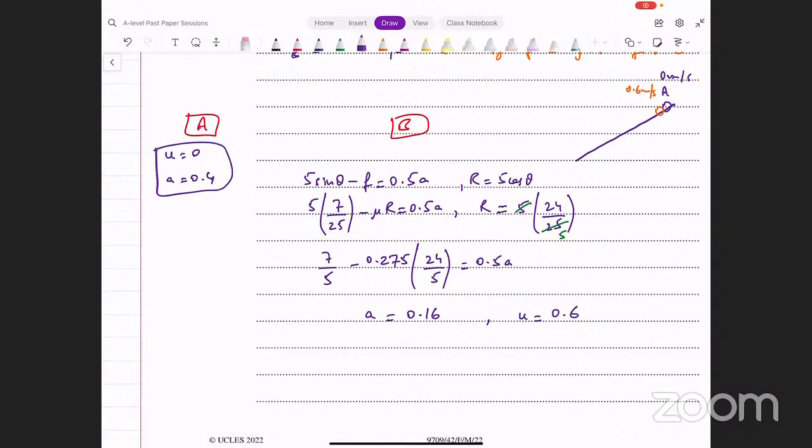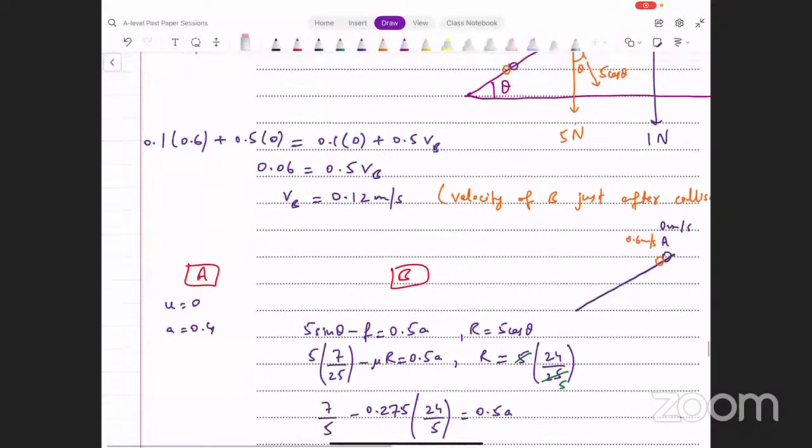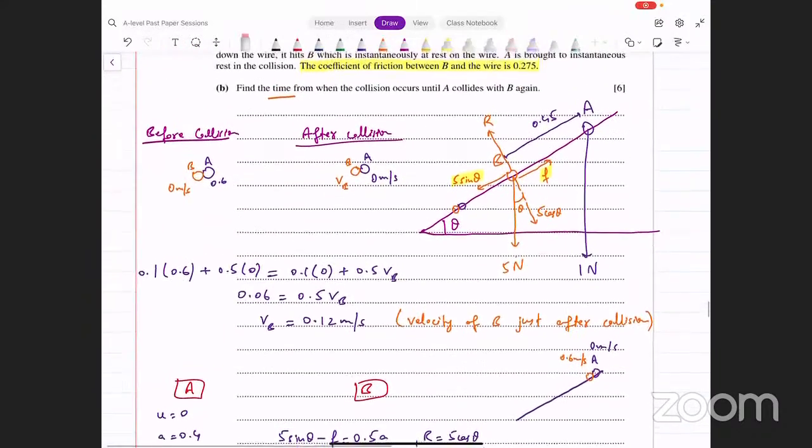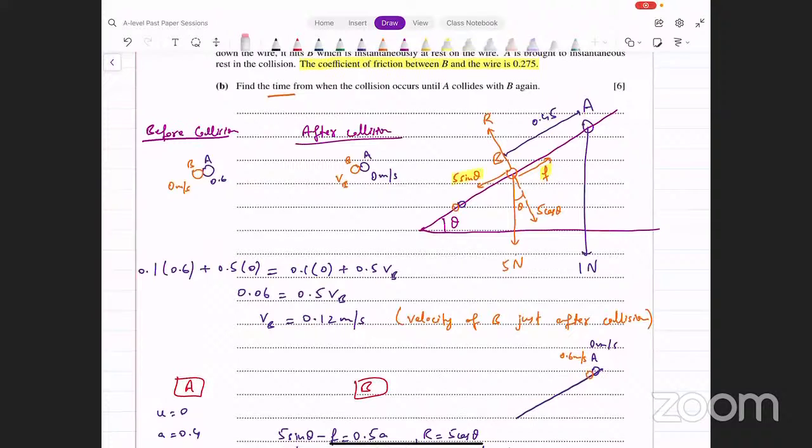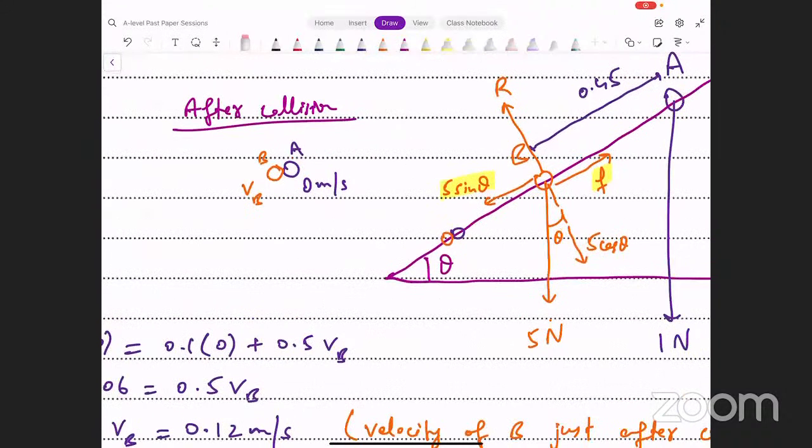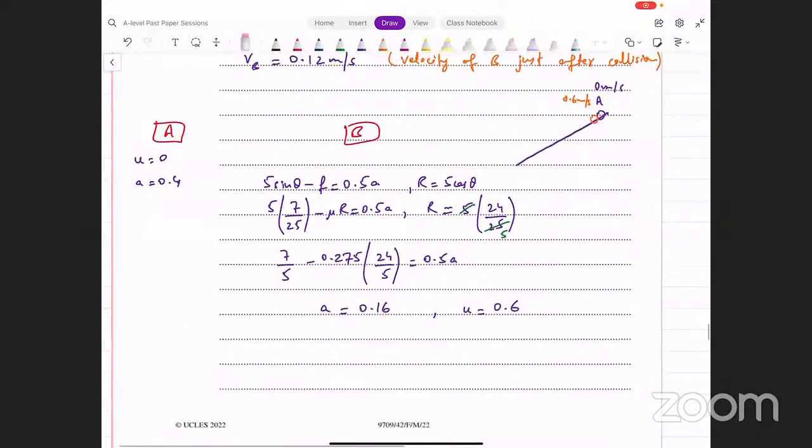ये दो pieces of information a के लिए हैं, दो हमारे पास b के लिए हैं। What do we want? We want to find the time taken for them to collide again. जब दोबारा collision होगी, दोबारा collision का क्या मतलब है, इस starting point से सेम डिस्प्लेसमेंट पे होंगे वो, तो जब दोनों की डिस्प्लेसमेंट इक्वल हो जाए, दैट इज व्हेन दे आर गोइंग टू कोलाइड विद ईच अदर, राइट। दोनों सेम डिस्टेंस ट्रैवल करेंगे। तो हम क्या करते हैं, दोनों के डिस्प्लेसमेंट फाइंड कर लेते हैं, उनको इक्वेट कर देते हैं।